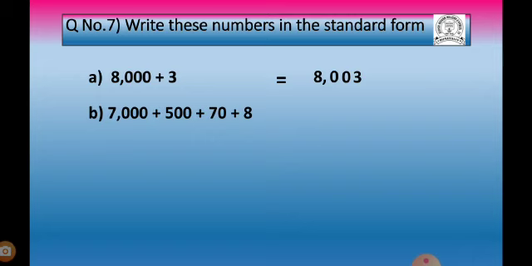Now from where do we have to begin writing the answer, children? We have to begin with the ones place. In the ones place, what number do we have? 8. Then in the tens place we have 7. In the hundreds place we have 5. And in the thousands place, what do we have? 7. So how do we read this number? 7578.